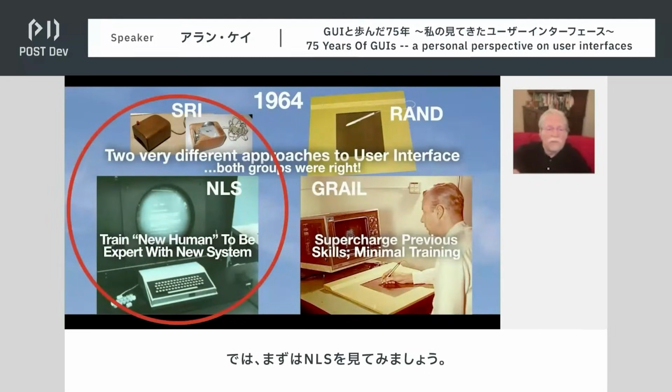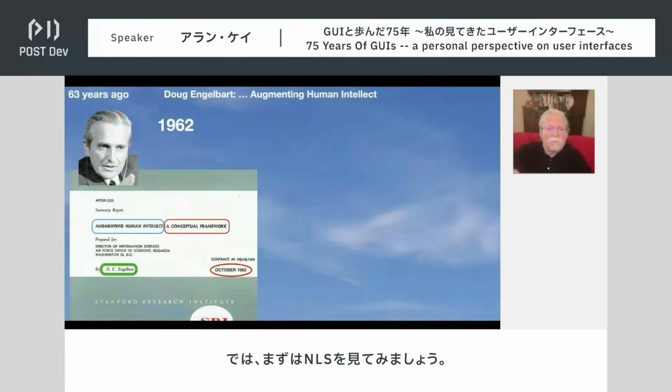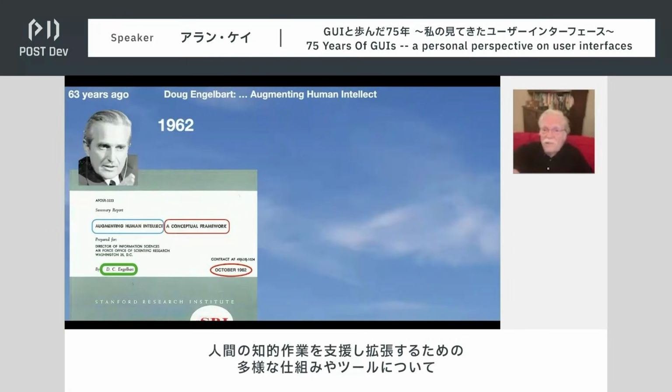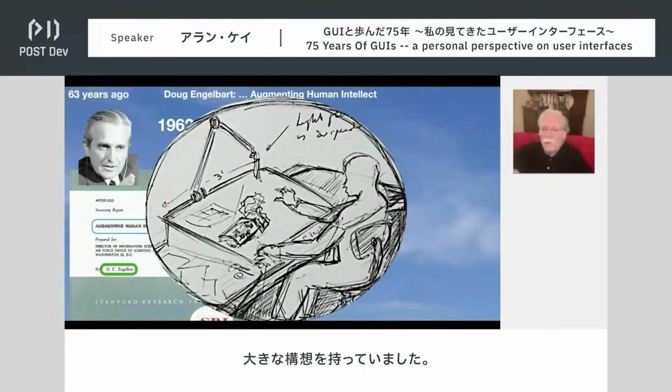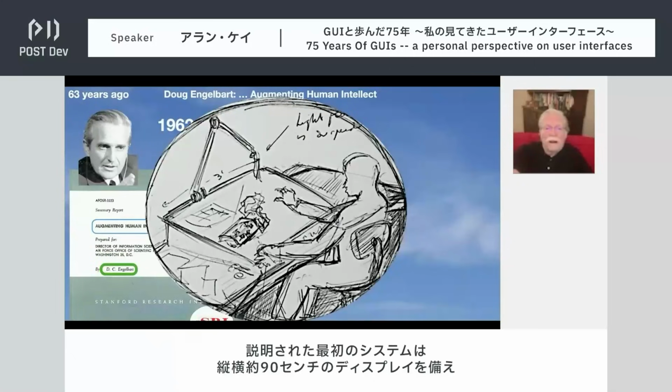So let's look at this first system. The Engelbart group, besides inventing the mouse, which is probably the least important of all the things they did, had very big ideas about tools. The first kind of system described in this 1962 document, which I urge you to read, had a 3 by 3 foot display.